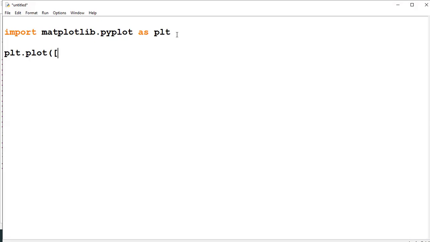For plotting, you require two things, x coordinates and y coordinates. X coordinates, I'm taking randomly 3 values. Y coordinates like 7, 5, 7, 4. plt dot show.